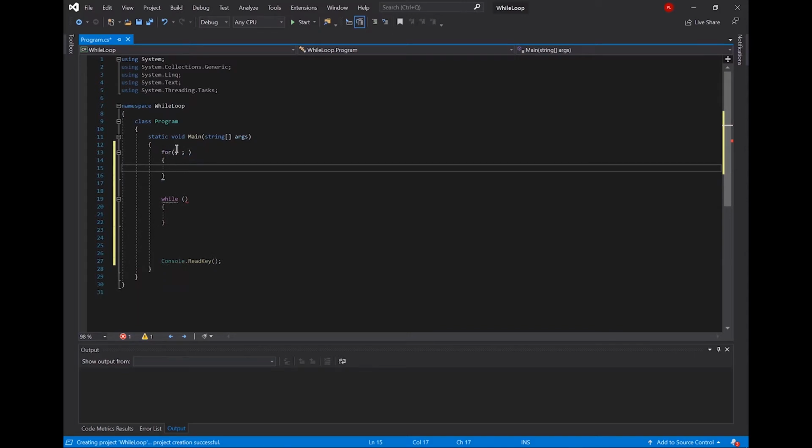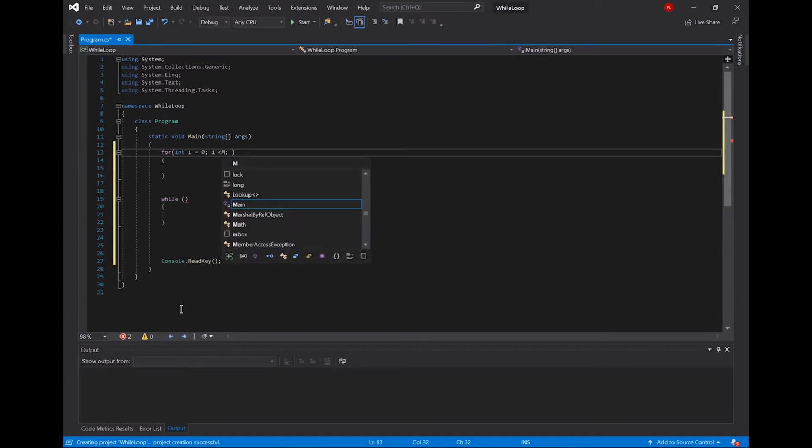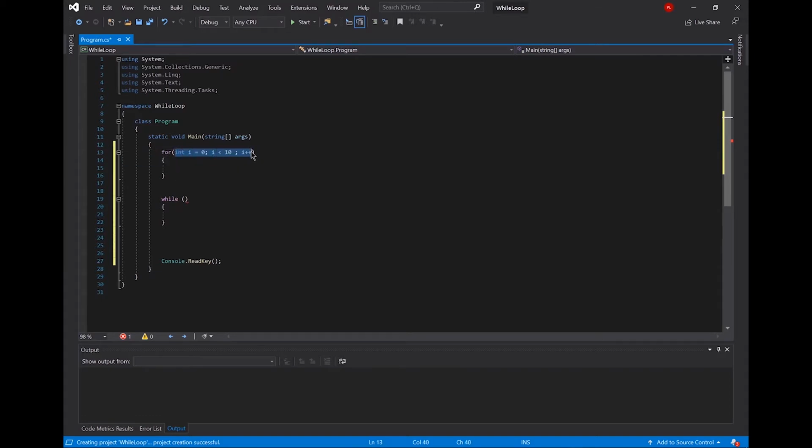Okay, in a for loop, in the first section we have to assign our index, like int i equals 0, our starting point, and our condition comes here, i less than 10, and this is our counter, i++. In a for loop we can write everything just in these two parentheses,